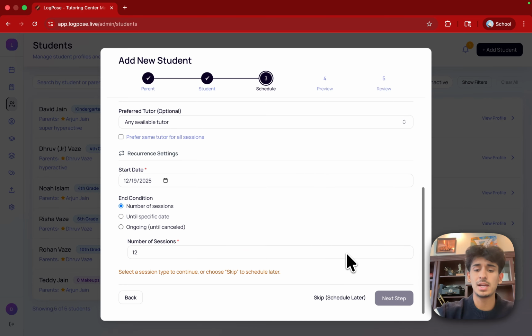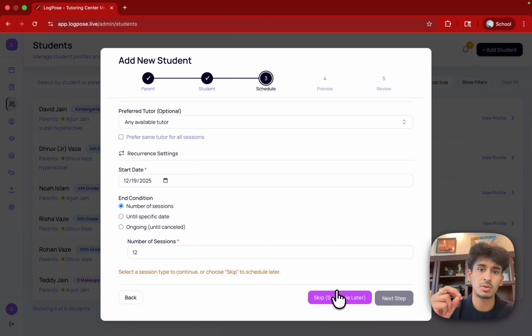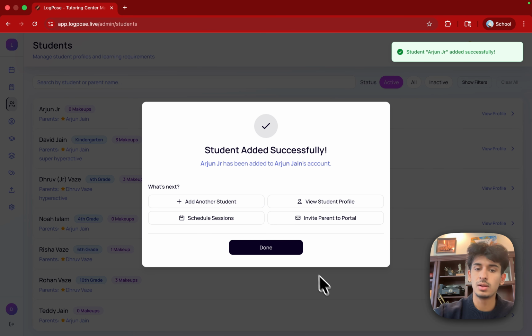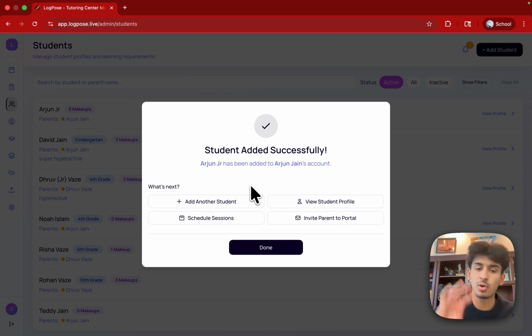The next step is completely optional. It's the recurring schedule creation. We've created a separate guide for this, so we'll skip it for now. The preview shows you the existing parent that is associated with the student, their email, and also the new student that you're creating. Clicking Create Student will successfully populate this in your database and then present you with four options: